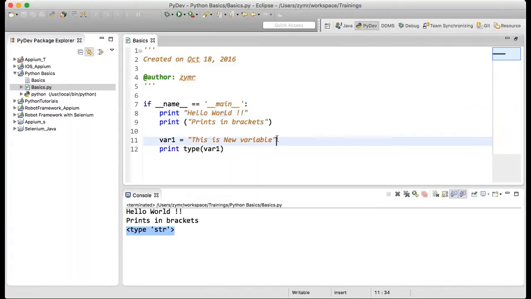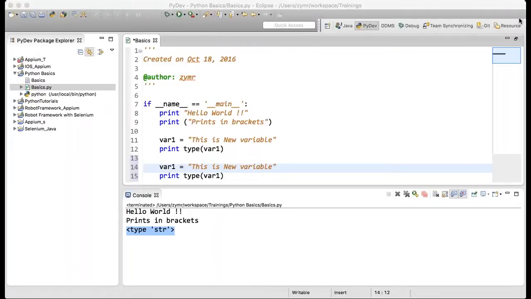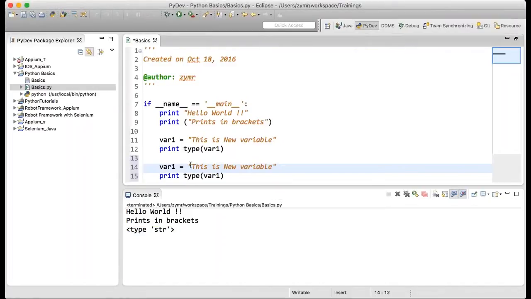Now I say that there would be another variable where I will assign an integer to it. Let's check this way. Team, if you have any doubts, you can always put your queries in the questions or the chat rooms which we have. Now I will say this is 1.